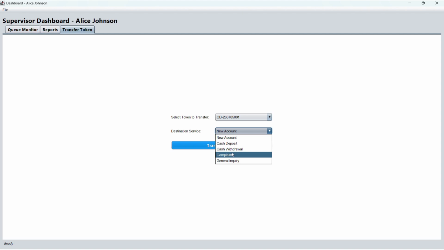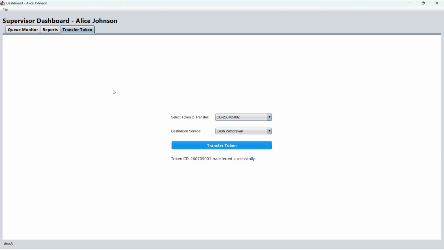Let's move it to the cash withdrawal service, which allows the supervisor to reroute the customer if the specific counter becomes free or if the current queue is overloaded. This is a powerful tool for balancing overloads in real time.